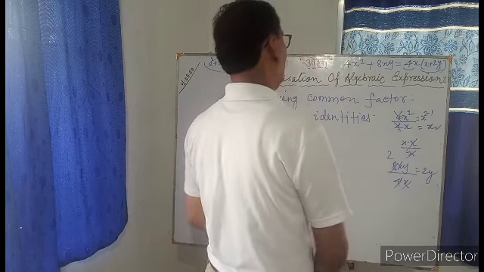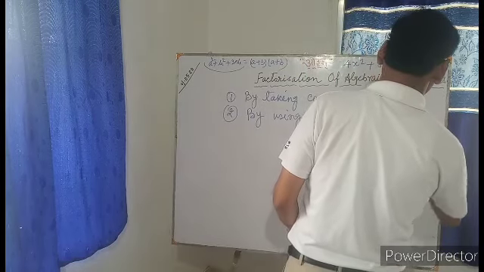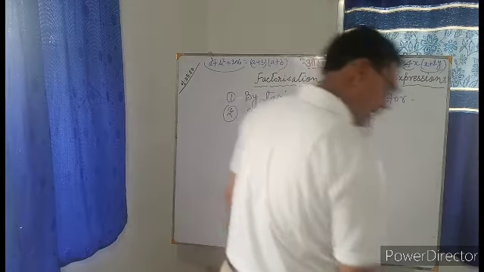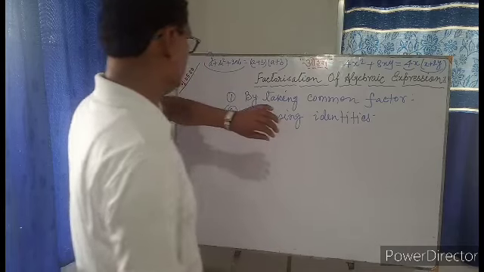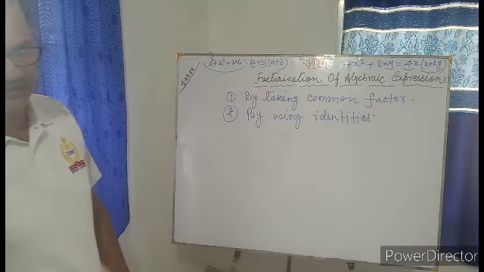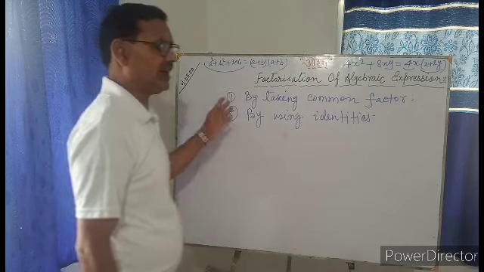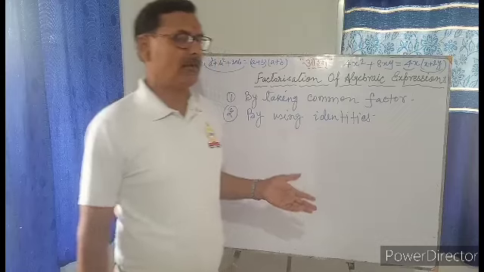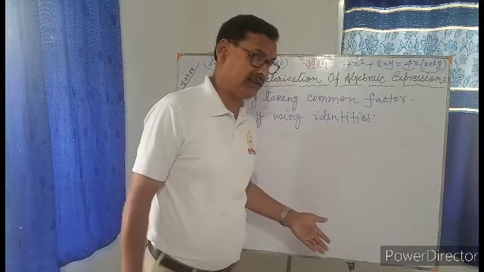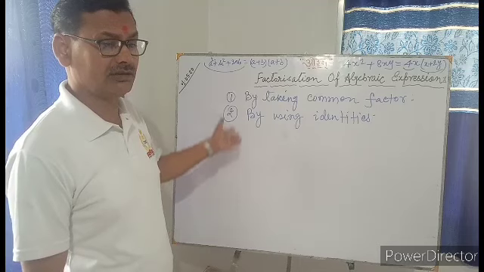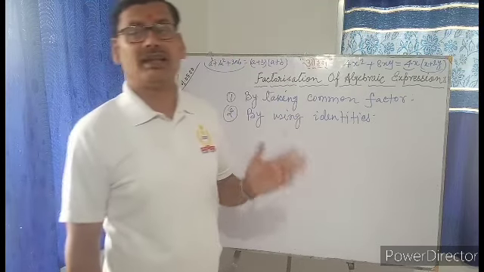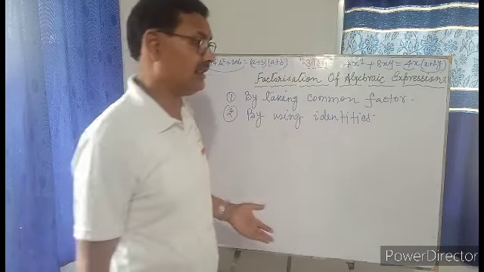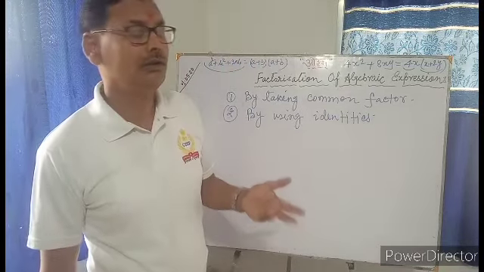We will deal with it whenever needed. The art of taking common would also be used when there is need. Now mainly we have to deal with factorization by using identities. In your syllabus, in your course book, there is application of different types of identities, all the 5 identities you have studied, and on the basis of the given identities you will be given to do factorization.